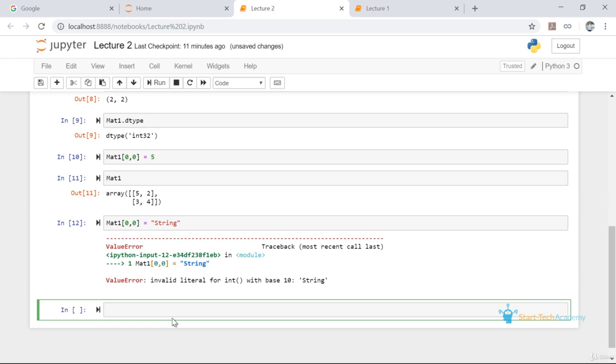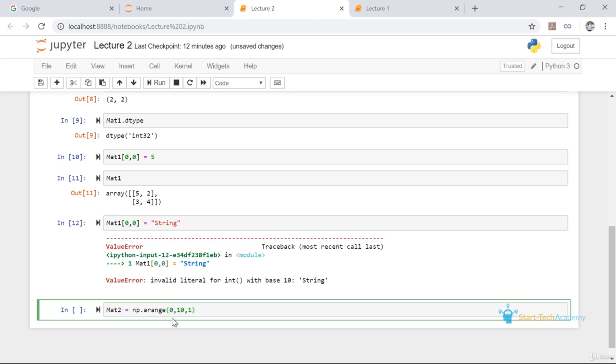In a list, we use the function range to generate numbers in a sequence. In a NumPy array, we can use a function arange similarly to generate elements. So for example, if I want a new variable mat2 equal to, now I want it to start from 0 to 10 with a step of 1, I write np.arange and then the start point, which is 0, comma the end point, which is 10, comma step, which is 1.